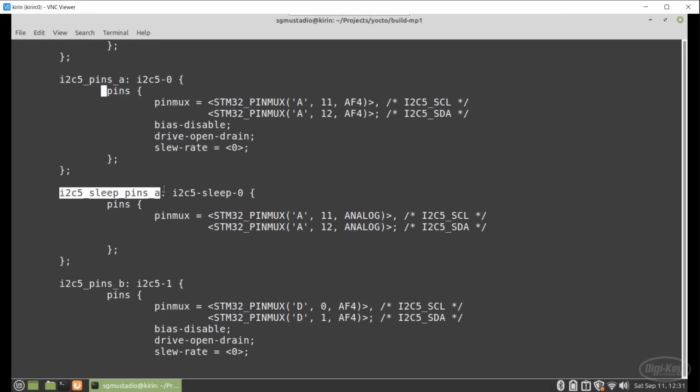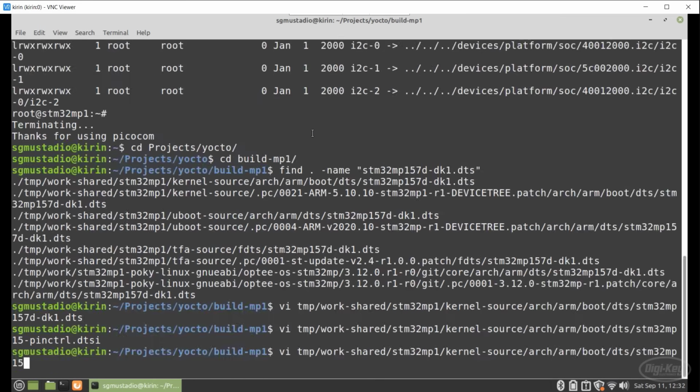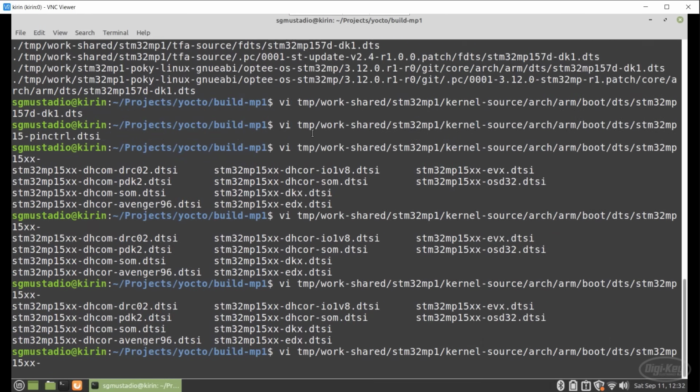I'm not super sure what sleep pins A does, but I'm fairly sure we need it, as it somehow allows the processor to put those pins to sleep to save on power. That's my guess, but we're going to need both of these, as it tells the processor to map I2C5 to port A11 and port A12 pins. Let's head out of this document, and instead we're going to go to